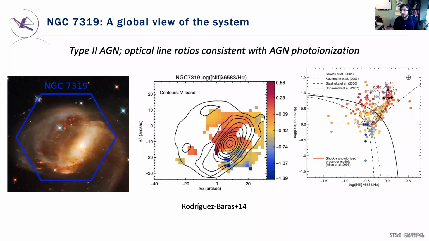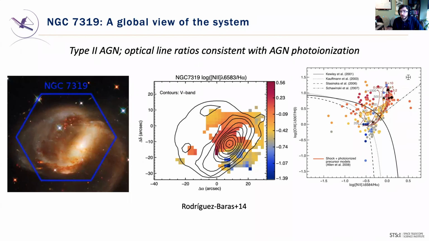So we've known that the AGN was there for a number of years, going back to the 80s or so. There have been studies of the radio lobe emission from this galaxy. But one of the nice papers from about 10 years ago that I'm familiar with did optical IFU studies of the entire galaxy, just to put the AGN in context. This is a couple of plots from a nice paper by Rodriguez-Barras and others in 2014, where they took the PPAC optical IFU, the same IFU that was used for the Khalifa survey, and studied the entirety of this galaxy and got resolved spectroscopy over the optical bandpass.